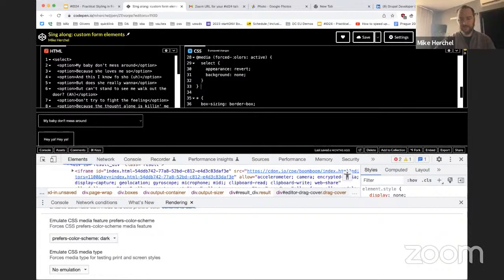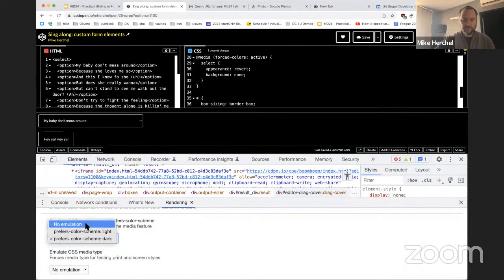Within that force colors media query, we're going to set the appearance back to revert, which the value of that I think is listbox or something like that. And we set the background back to none. That puts this little default chevron in here. The little default chevron looks a little funky, you know, because we have that padding in there. But that being said, it's apparent. You understand the function that this is a drop down. And that's pretty cool. That's where we're going right here.